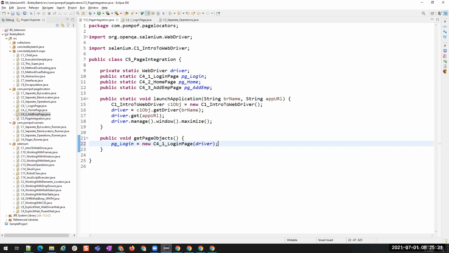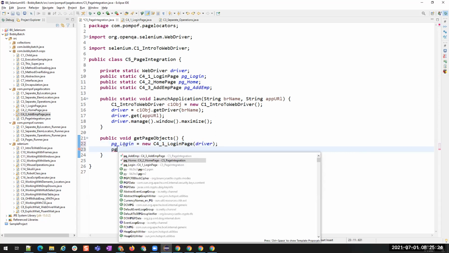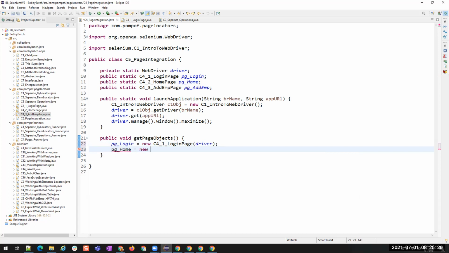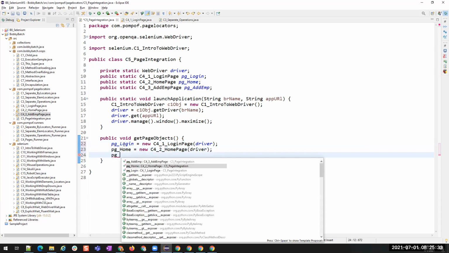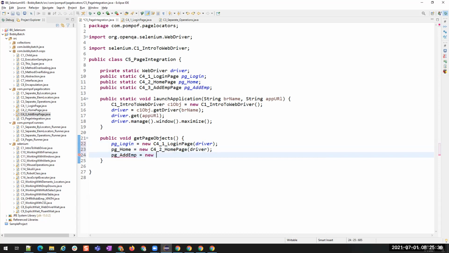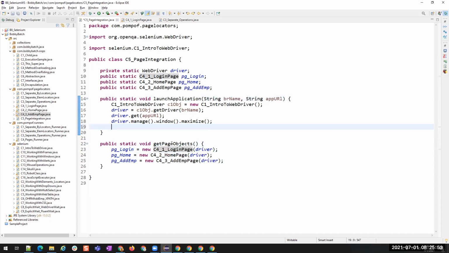Okay, and then pg_home is equal to new C4_2 home page, and then pg_add_employee is equal to new C4_3 add employee page. And we have to call this method somewhere, right? So when I launch the application itself, I'll create all the objects for pages. So I'll call this get page objects method inside this.